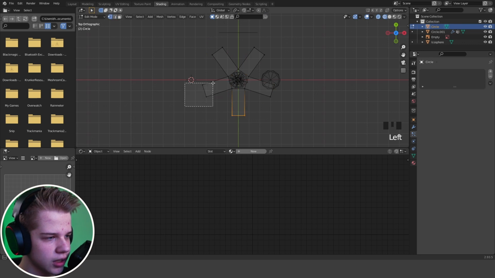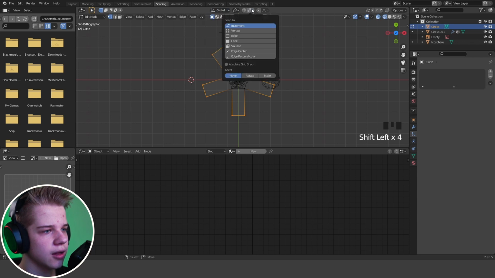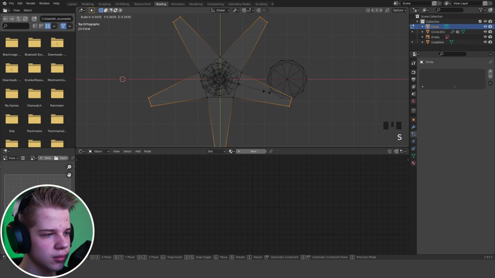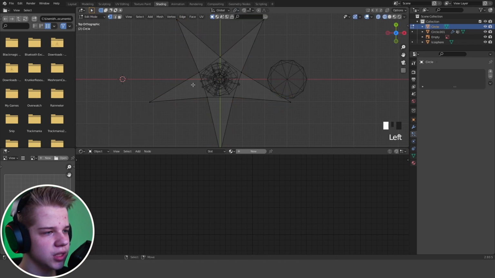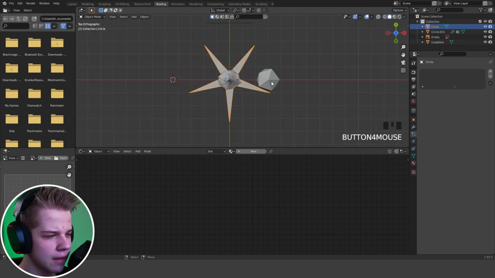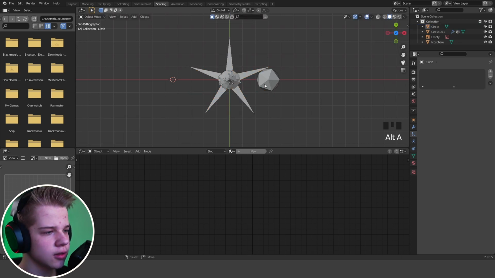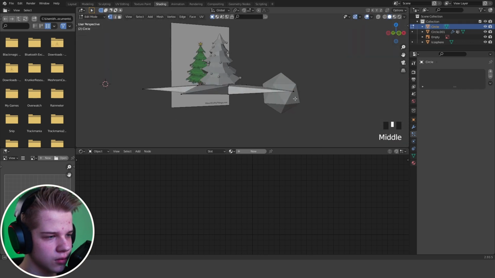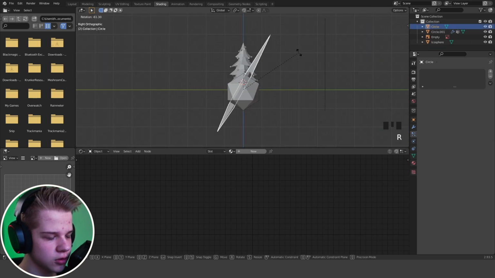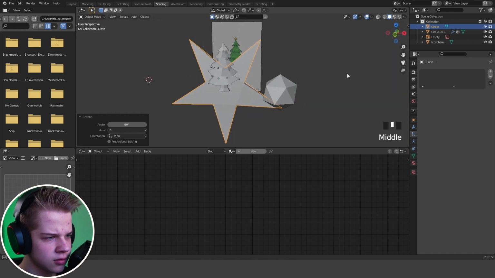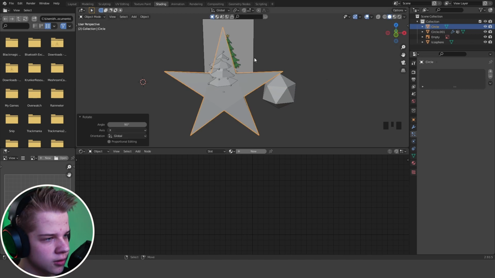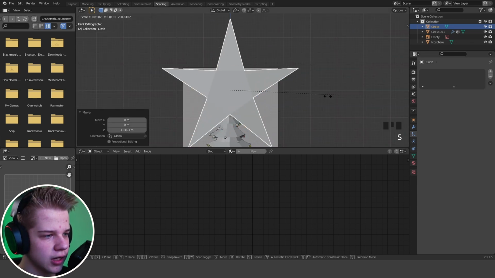Okay, and then you're just going to select each point of the star, and then change this to individual origins, and then just scale them down. Okay, and we can change it back to median point, and then scale this down. And I'm going to rotate 180, so we have it pointing up. Maybe scale this middle thing back up again. So yeah, cool. So then we can just rotate 90 on X, yeah, okay, and then we're just going to drag this